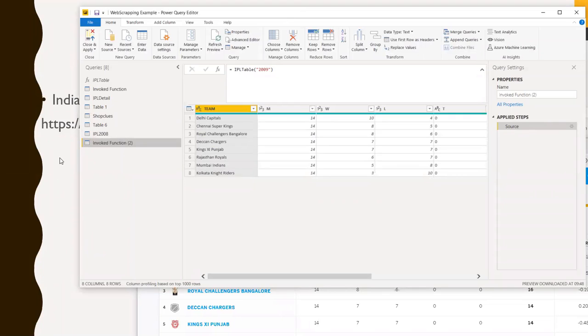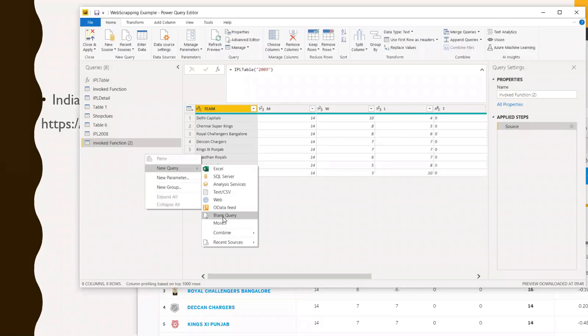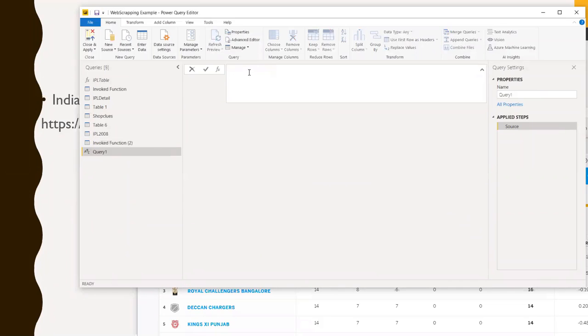We don't want to invoke this function every time by saying this is my year, this is my year. No, we want something to be dynamic. So for this, what you need to do is go to query and say blank query. Okay, right here equal to, give a